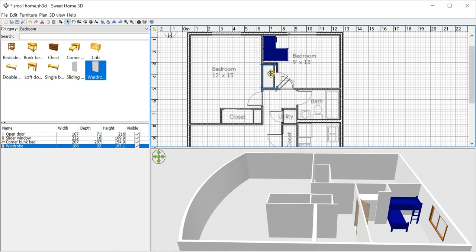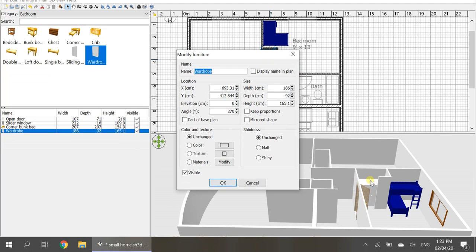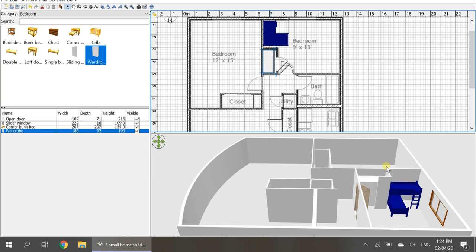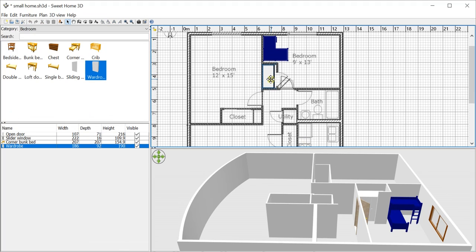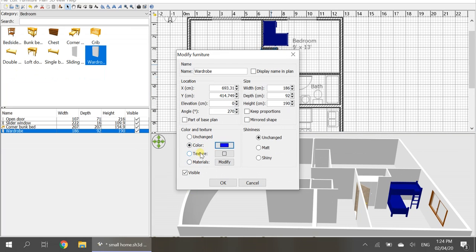To make it higher, I will double click to change its height. Here you can see it is not reaching up, so I can make it a little bit high. I can make it 190 centimeter. Now it is becoming higher. Excellent. Can change its color, so again double click, change its color, add a little bit texture on it, or